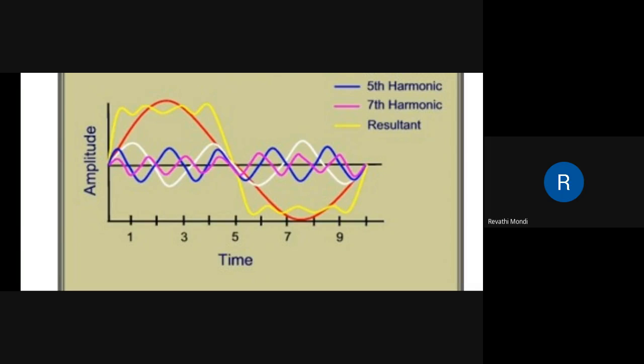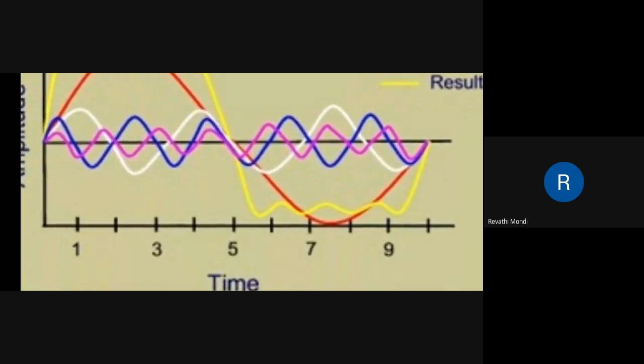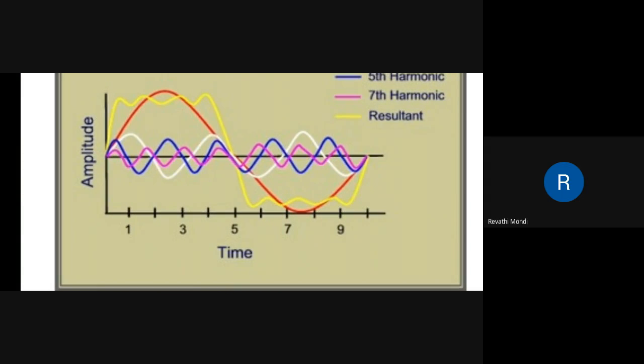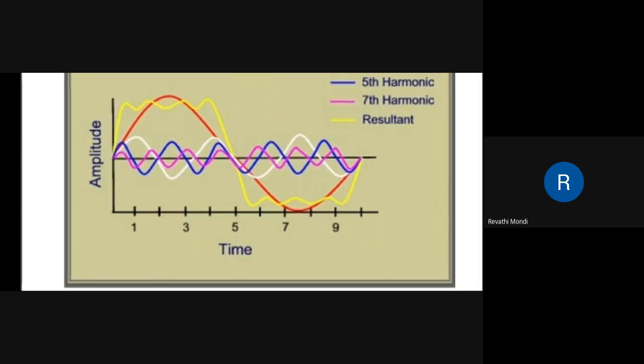Next, the seventh harmonic. The seventh harmonic is the pink color waveform. Please observe the pink color waveform. In the pink color waveform, 7 cycles are there. One cycle means both positive and negative are adjusted in the complete cycle. In that approach, the pink color is designed as 7 full cycles of the sinusoidal signal. So that's why the pink color signal is the 7th harmonic signal.